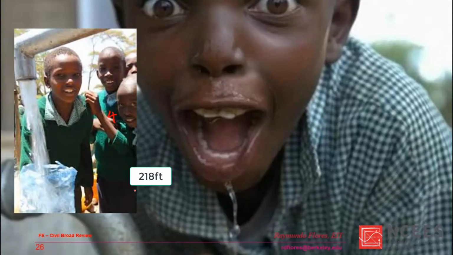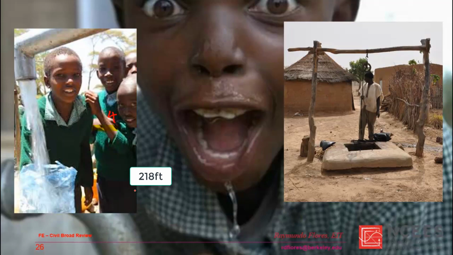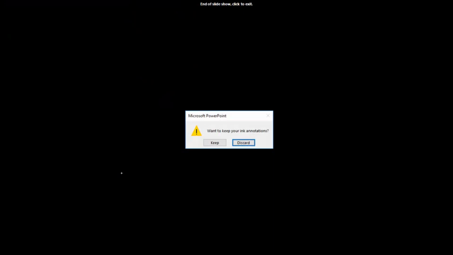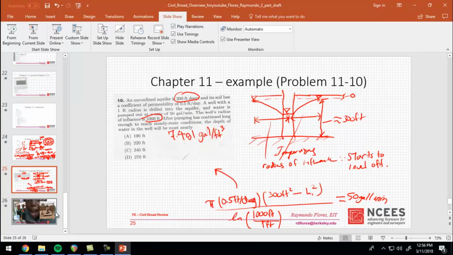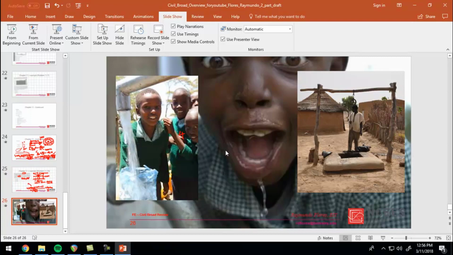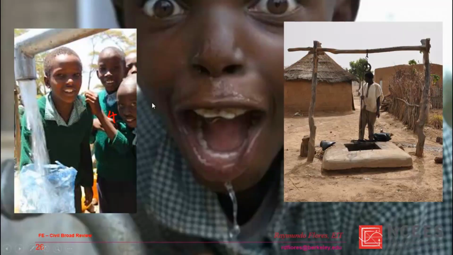So these are just positive images. Really enjoy it. This is a guy pumping out a well, so this shouldn't be there, but anyway. You know, these people are doing their own thing, you know, from Africa. They, like, can you theoretically